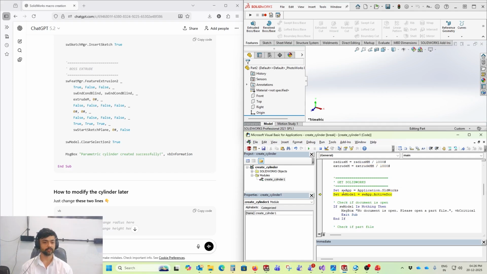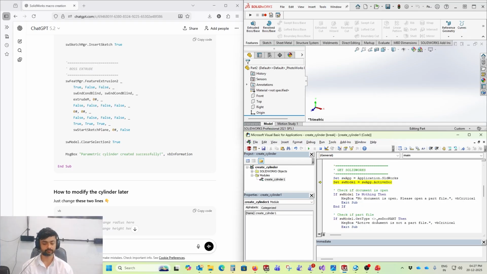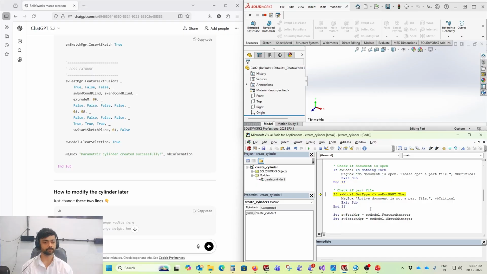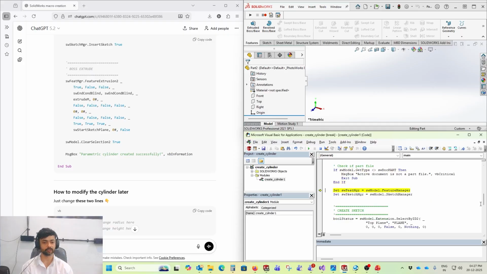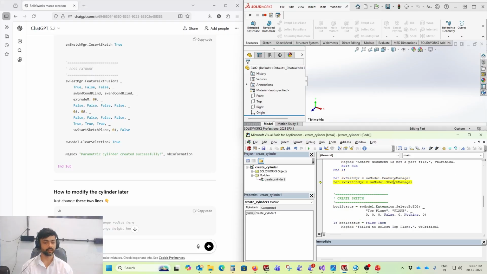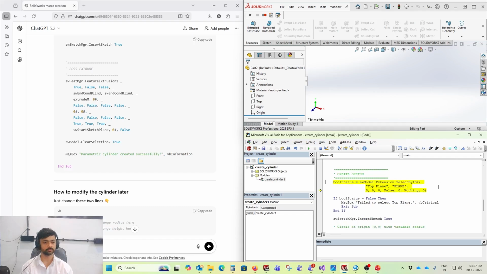So here we are defining the SolidWorks application as swApp, then defining the SolidWorks model. The model is already open. If it is not open, then it has written an error handler over here. Another error handler checks that the open document is a part document. If it is other than a part document, then it will exit the sub. So we are assigning the feature manager and the sketch manager, and